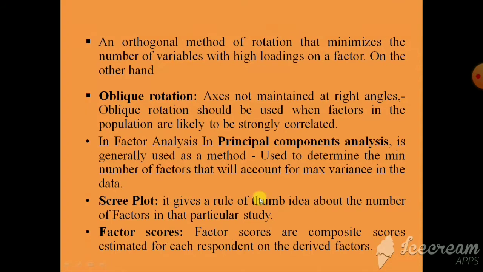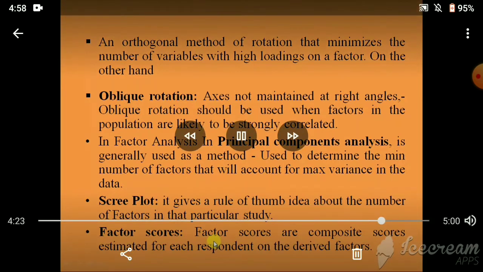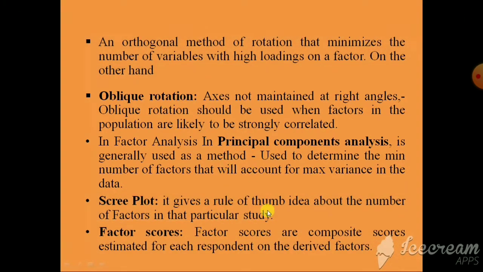By combining all the variables, factor scores are automatically derived by SPSS, but it is better if we manually calculate the factor scores on the basis of the final table, that means which variables are under which factor. If we can calculate in this way, it may provide a better result.